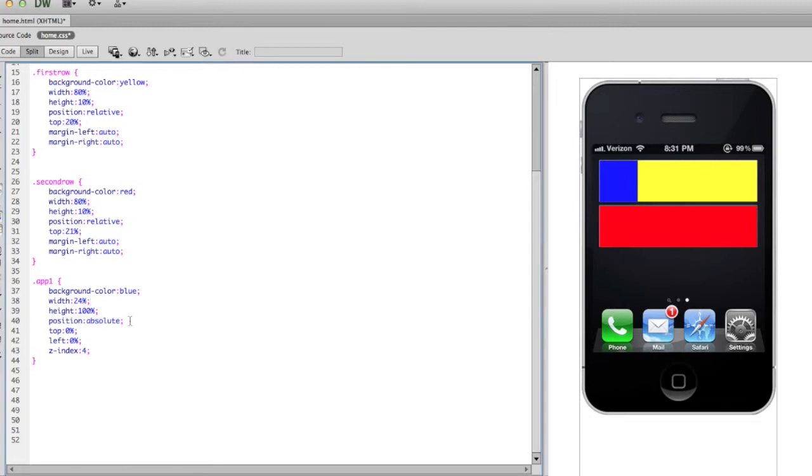Position equals absolute. Now, let me show you what absolute positioning does. It's inside this first row container. If I said the left side, give it some padding of about 50%, what absolute positioning is going to do is push this 50% to the right. It's padded 50% to the left of this blue thing, and it's pushed it to the right. If I said left equals 10%, it will come back a little bit, it gives it 10% padding on the left. If I went right,